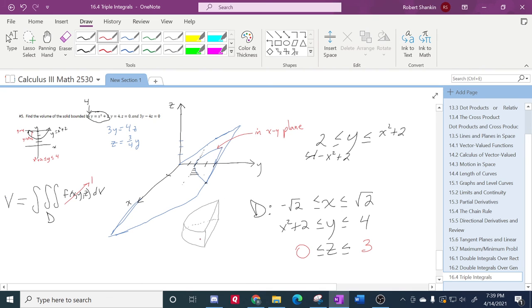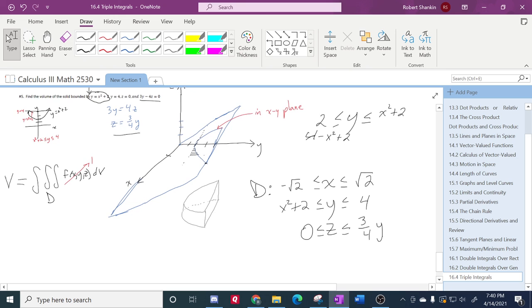So what we need to do is go z from 0 to, and here's the restriction on the z right here, which was the same as this right here, 3/4 y. Okay. So putting all this together,